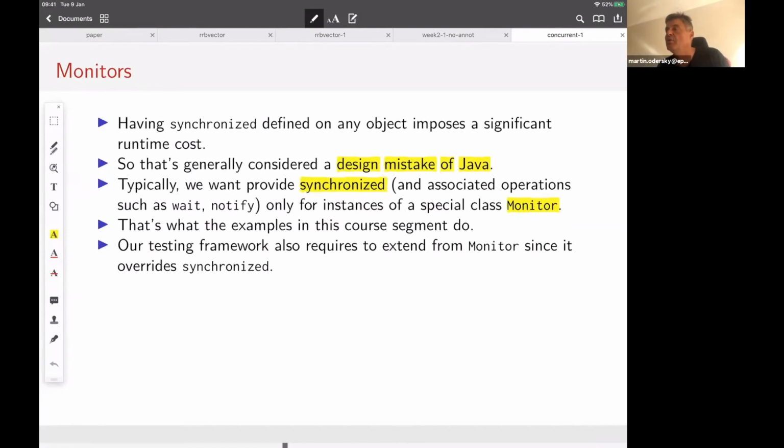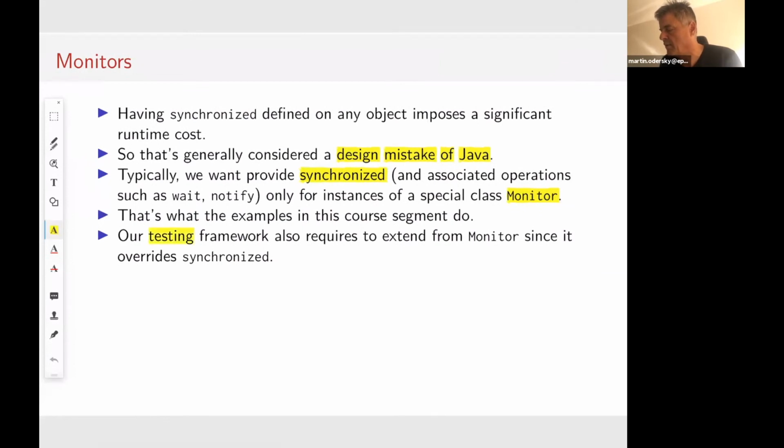On the other hand, if you run your projects, your homework examples and your tests, then it's very important to do synchronized only on monitors, because our testing framework requires you to extend from Monitor. It has an override of synchronized in the Monitor class, which is provided by the testing framework, and it gives you a bit more randomization when threads are run.